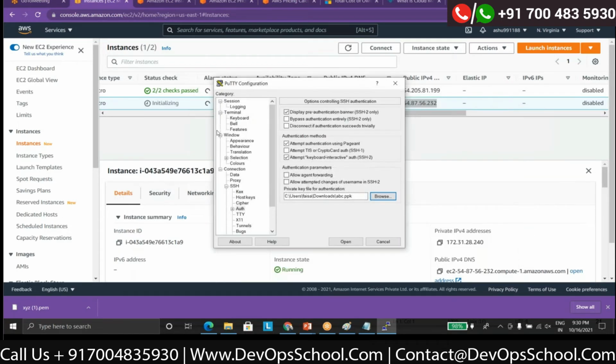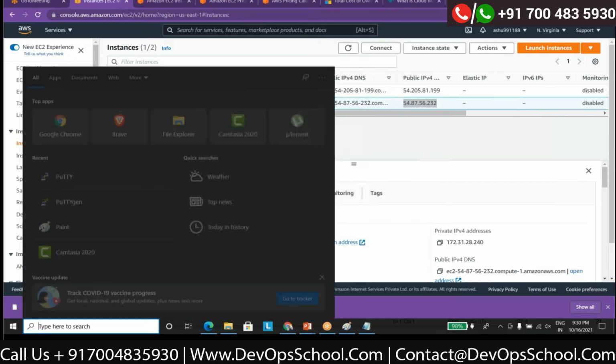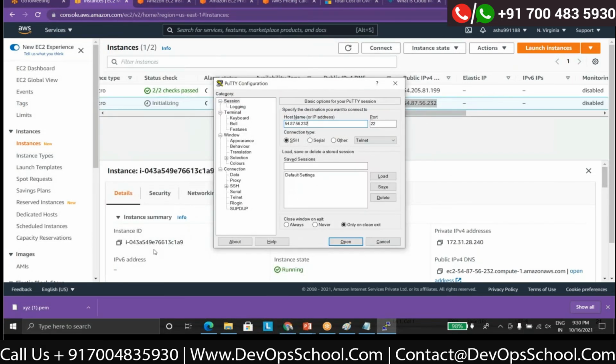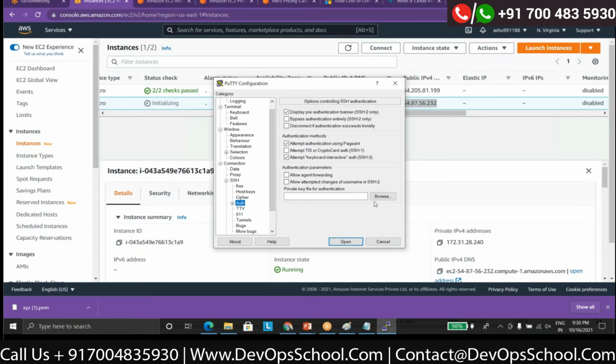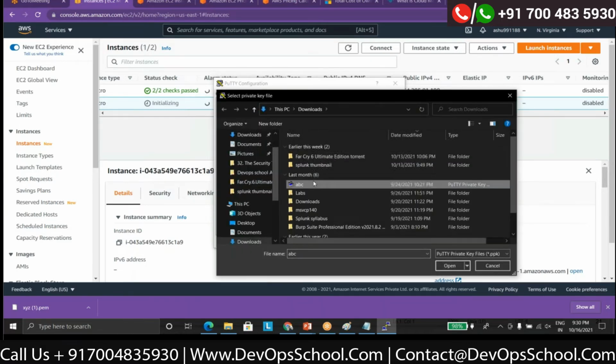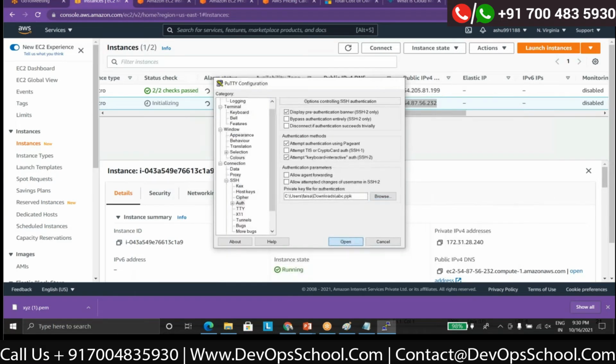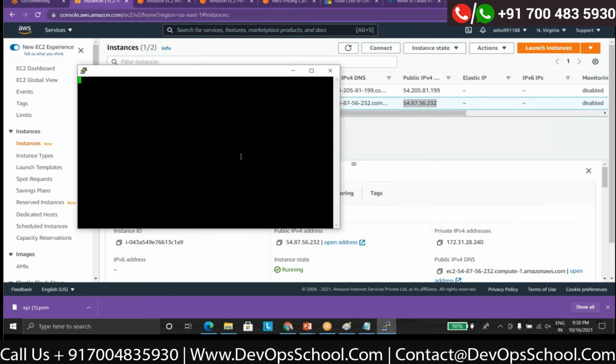You have to place your IP address here, click on SSH, click on auth, and give the private key that you had. Click on open, and then open it. You accept it, and this is accessible now.